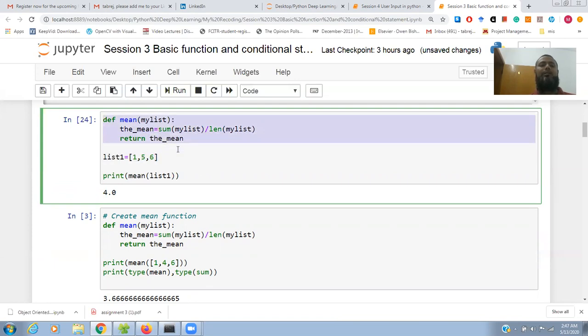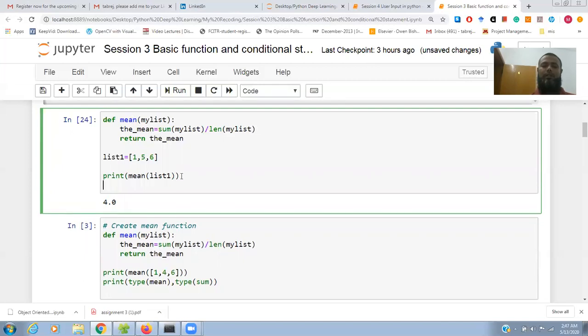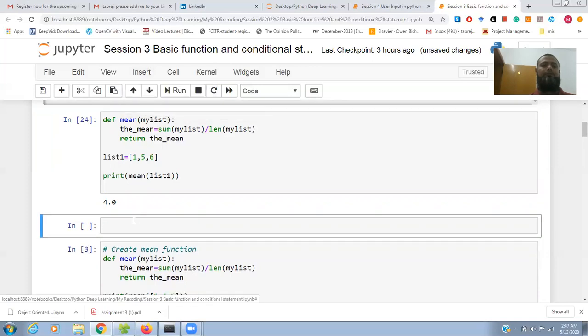This is the syntax, and this is a simple way to call this function. Suppose I want to find the type of this mean. You can insert a cell below and write print and type of this function mean, and also I want to see the type of sum.